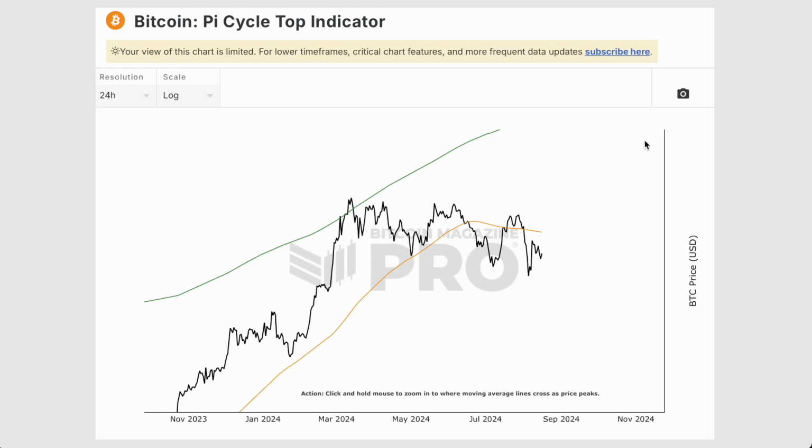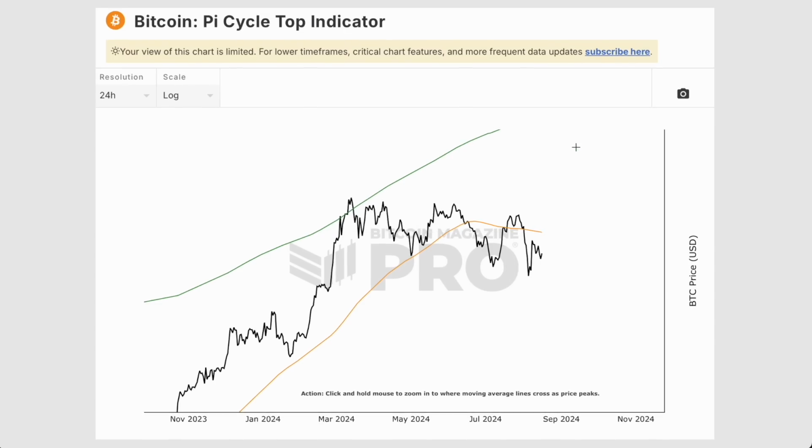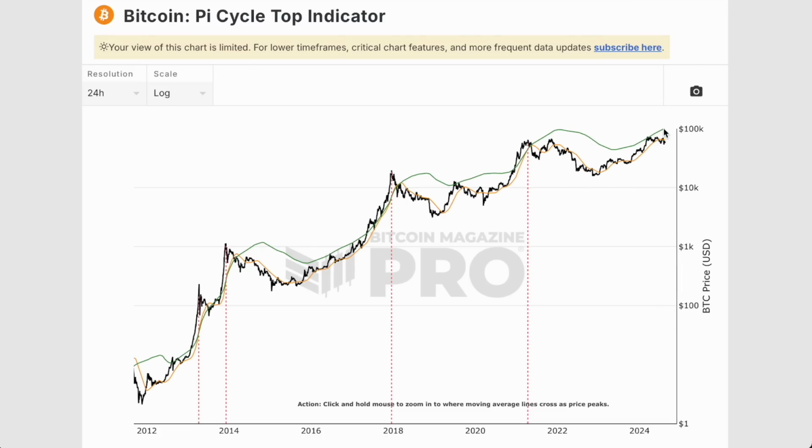Of course, we're nowhere close to this green moving average because it resides at around 96K. So we're still almost 30K away from this region, but based on history we'll probably get there over time and then perform that upside deviation. We need to understand that the upside deviation will enable the parabolic upside, but that's going to be quite limited in terms of time. We don't tend to spend a lot of time beyond this green moving average.